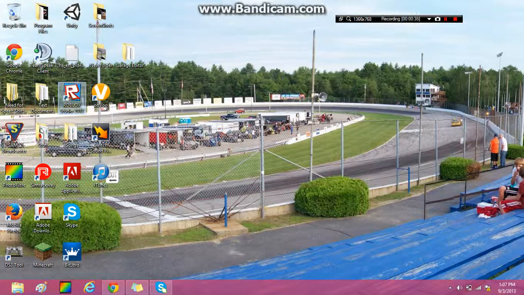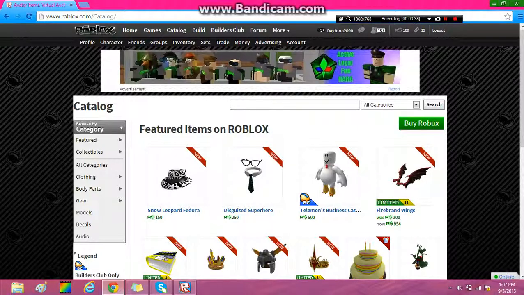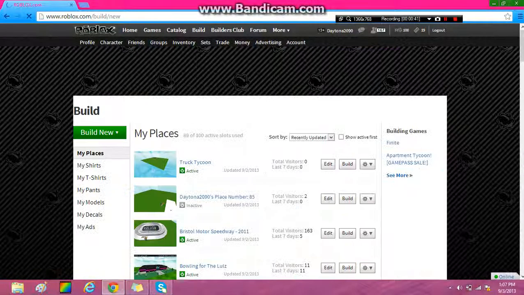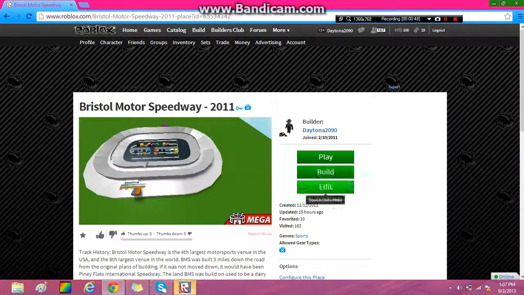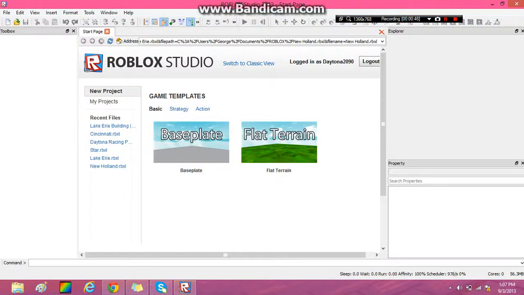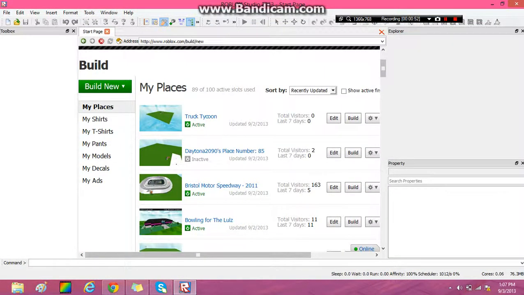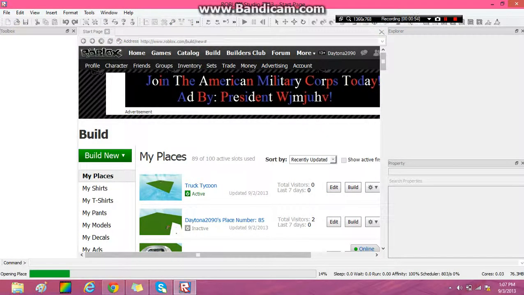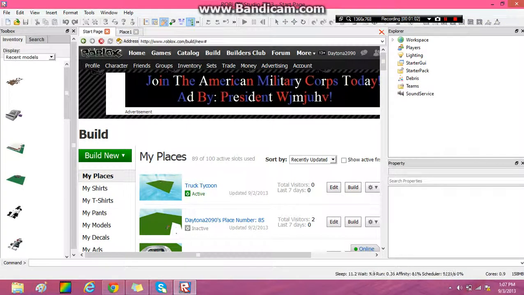You can either open up Roblox Studio if you have it on your desktop, or you can go to your build mode and go to your places. For example, if I was using Bristol here, you could hit edit, and it would pop up Studio like this, except it would not give you that screen. It would just go right into a game. If you open up Studio instead, you can open up a place like I did, and you also still have the start page and everything. Anyways, I'm going to go to my Bristol,